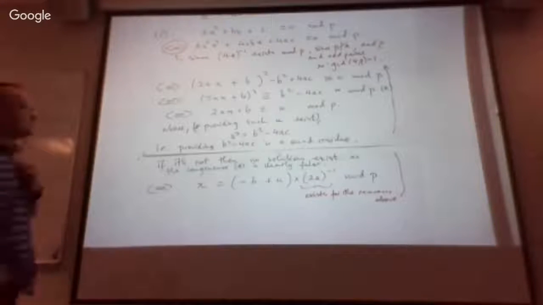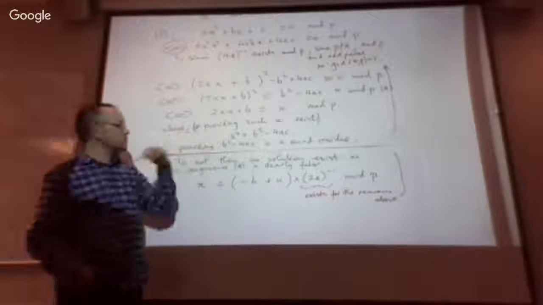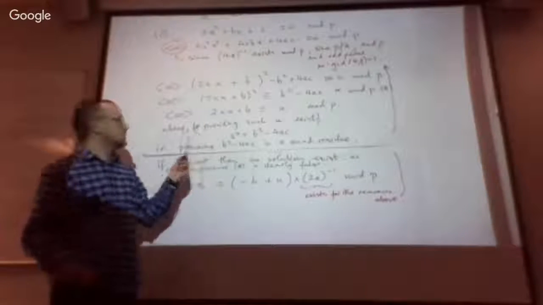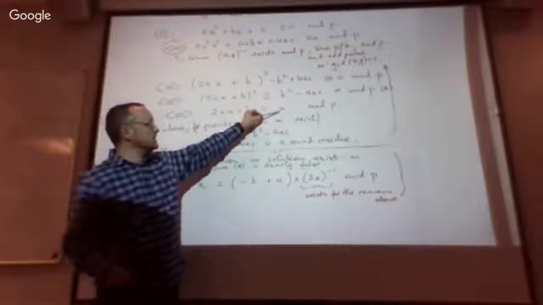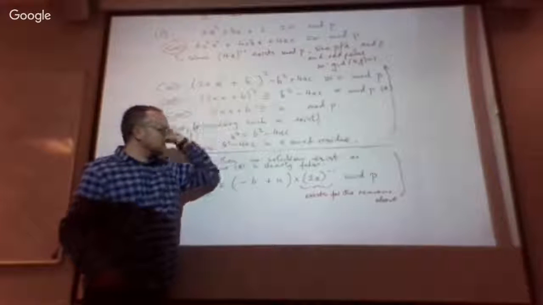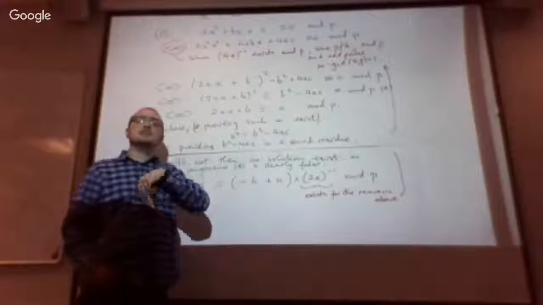In the quadratic formula, it's minus b plus or minus the square root. How come it's not plus or minus here? Well, it could be. I didn't say here that there was one and only one u. I said providing such u exists. So if you get one square root of b squared minus 4ac, then the other one,